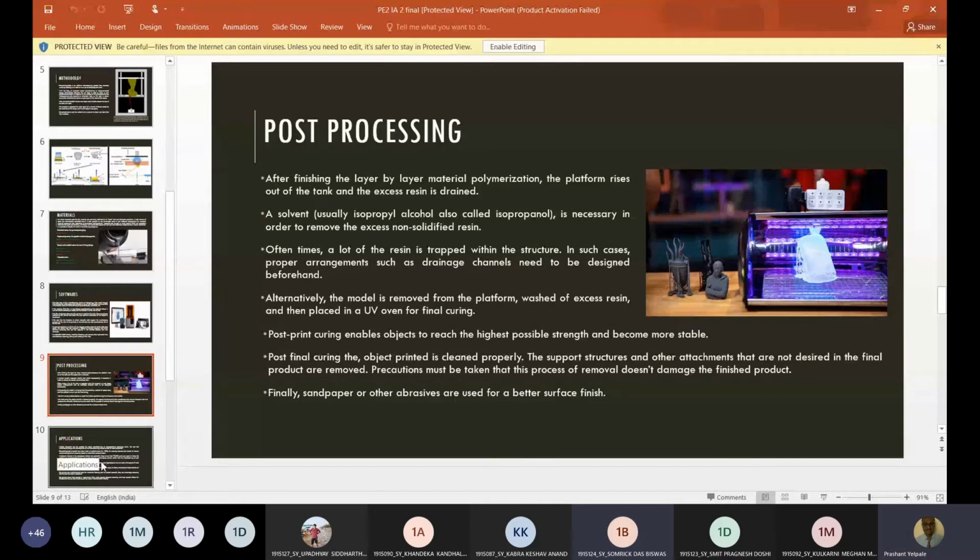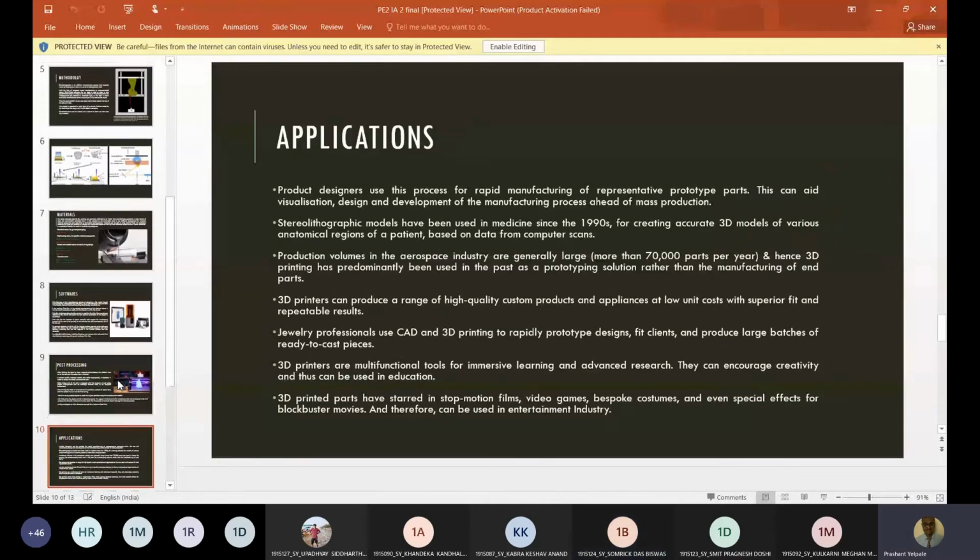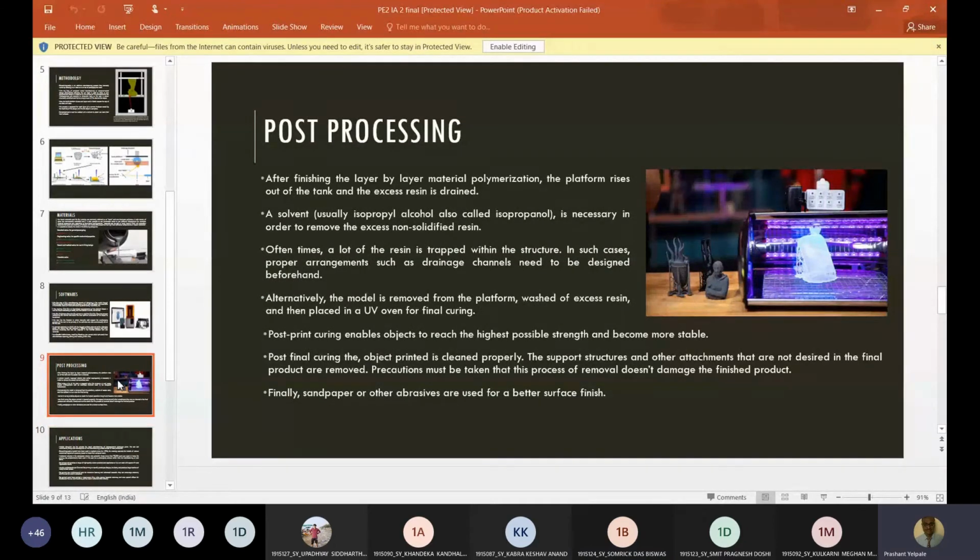Sir, is it not possible that only the support structure will be dissolved by some solution, but not our model? Is this possible in resin? Sir, actually, in SLA we can only make it out of one resin. In FDM, we can do it such that there are two types of polymers, one for the support structure, one for the actual print. But that is not possible in SLA. Sometimes we can use some kind of shielding to prevent it from spilling on the main material.